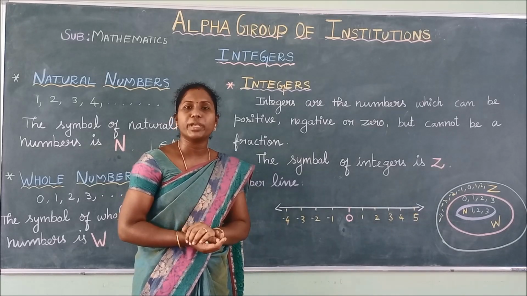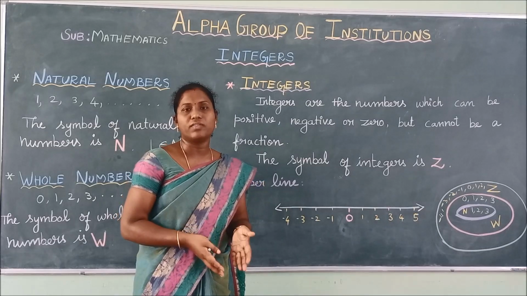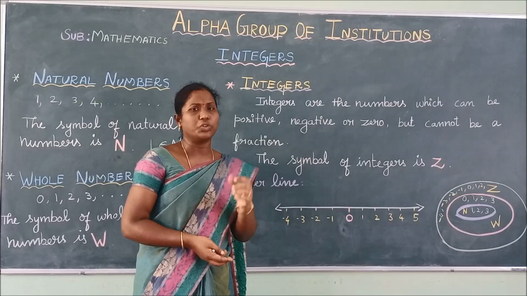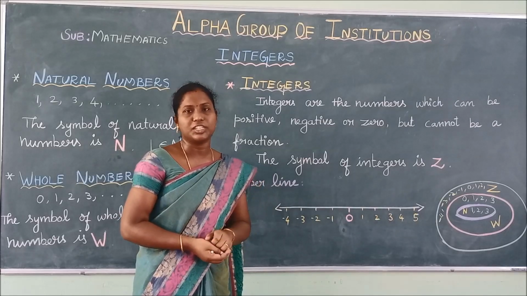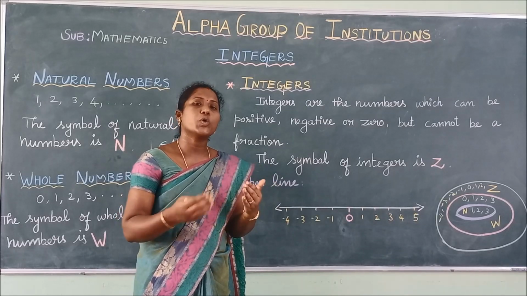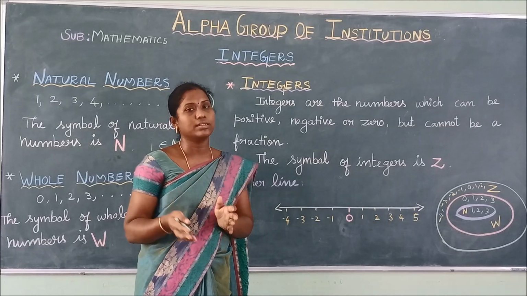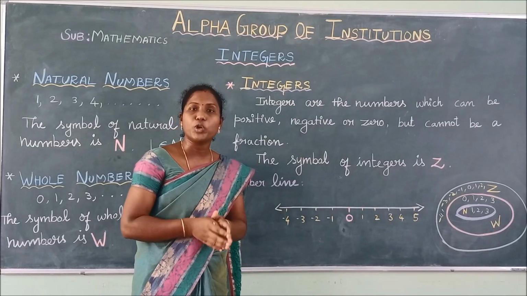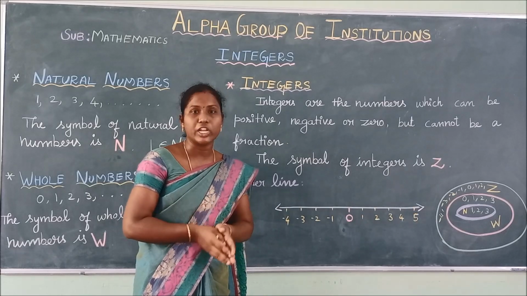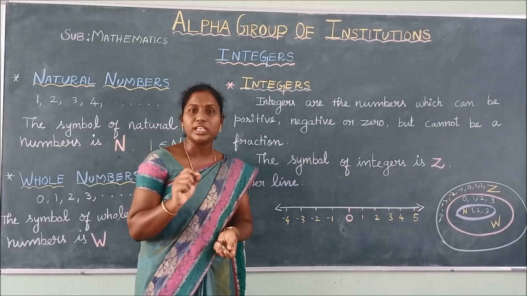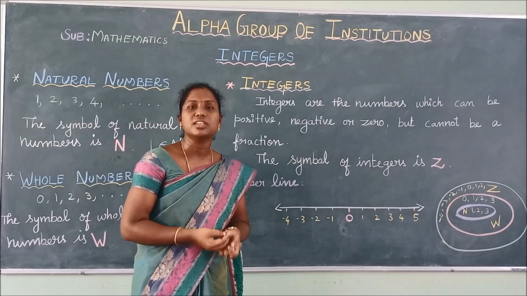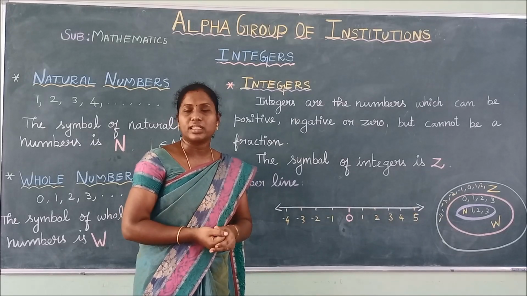Here the temperature will be positive. In our state, the temperature will always be positive, 40 degrees Celsius or 30 degrees Celsius. And if you go to some of the coolest countries, for example Antarctica, the temperature will always be negative, isn't it? The temperature reading is always negative, minus 10 degrees Celsius or minus 8 degrees Celsius. The temperature reading will be like that only.